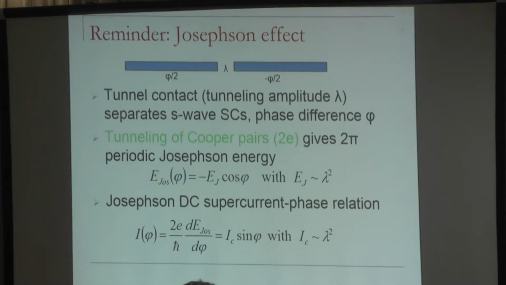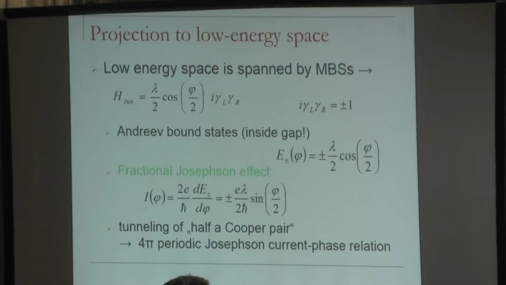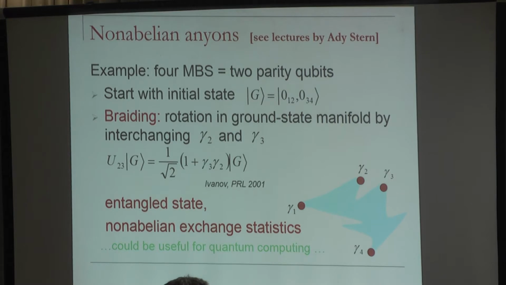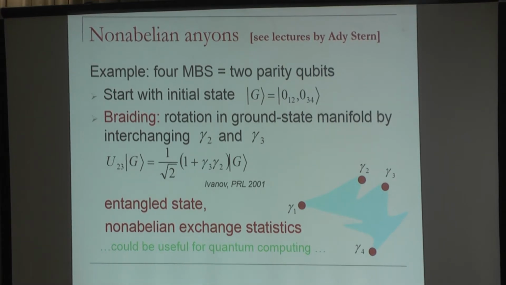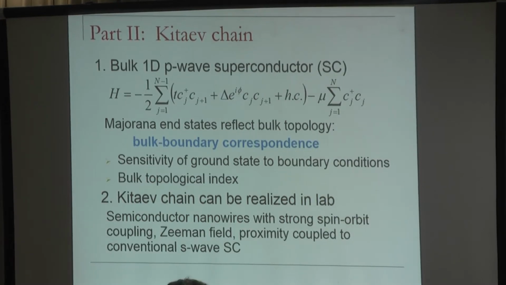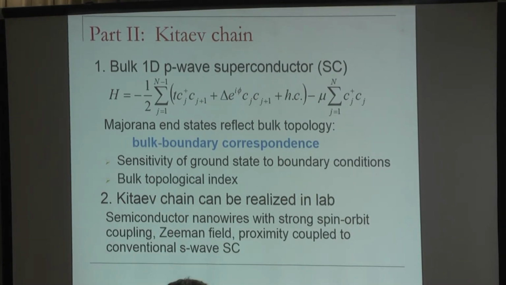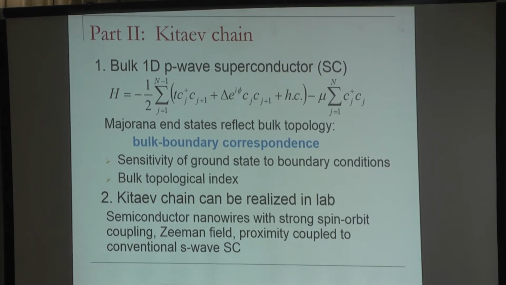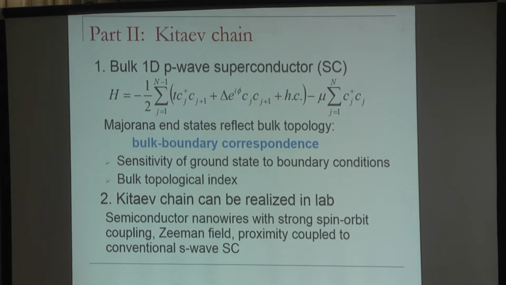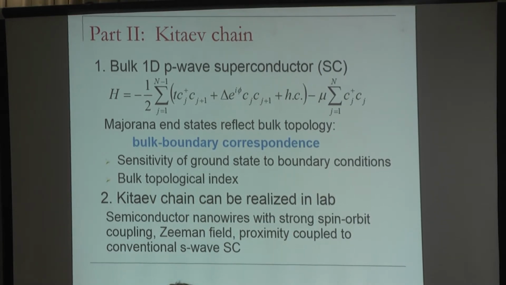And we have seen the fractional Josephson effect as one hallmark, and in fact also saw that we have indeed these non-abelian anyons. So that was part of this first part, and in the second part I then went into the bulk description of the Kitaev chain. By taking periodic boundary conditions, put this Kitaev chain on a ring, we saw that there is a bulk boundary correspondence. So in the phase where you have a non-trivial topology, so a topological index equal to -1,